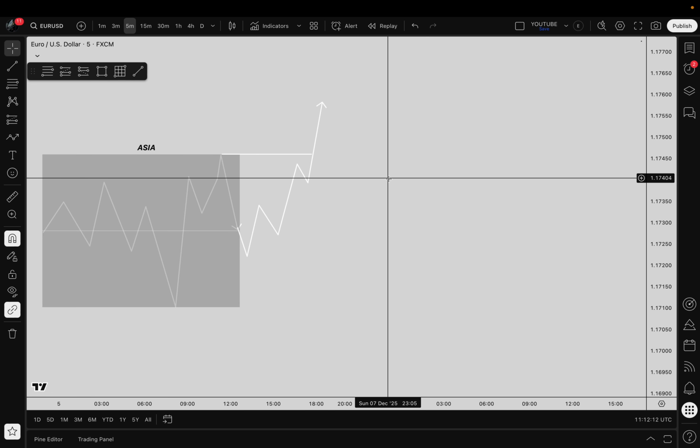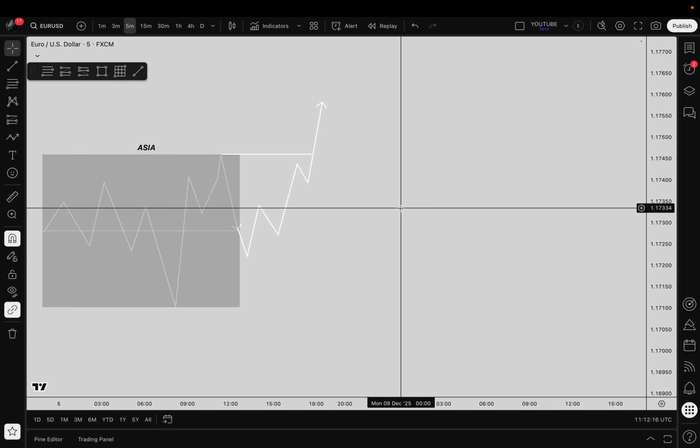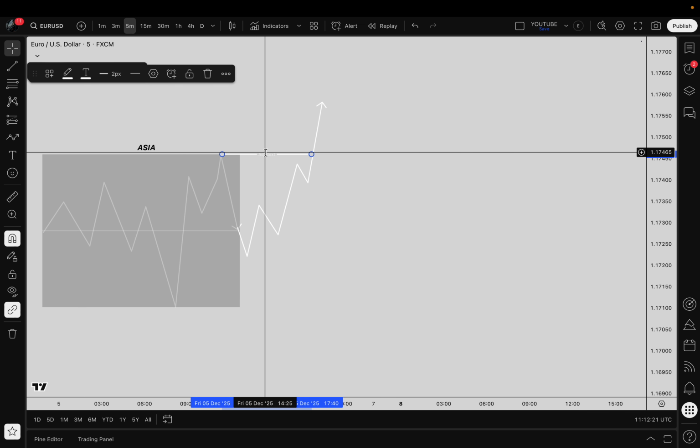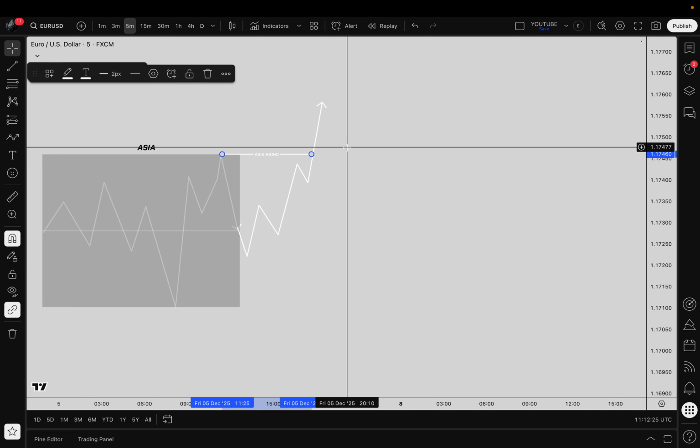That's primarily what the previous session reversal is, okay? So we swept the Asia highs, so we'll type in just here Asia highs,